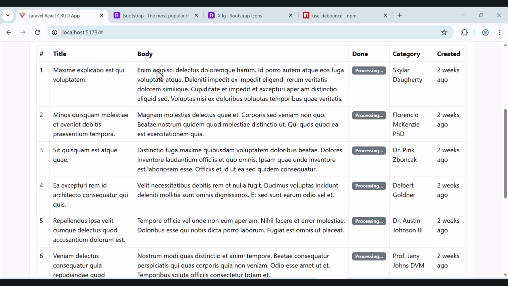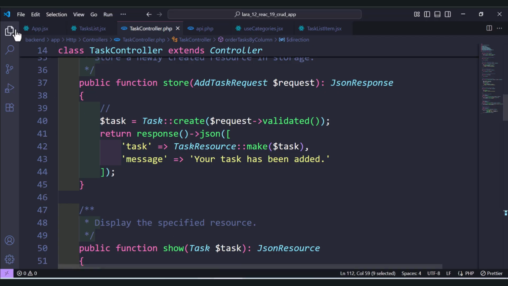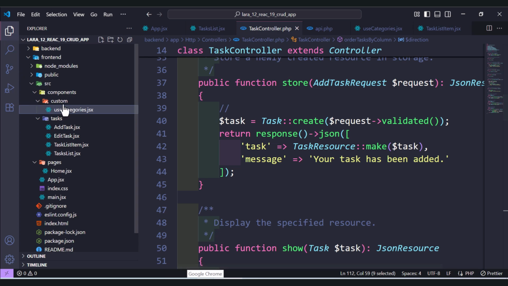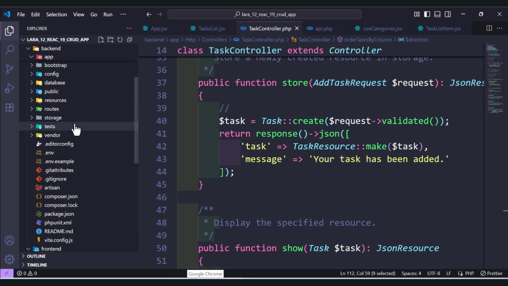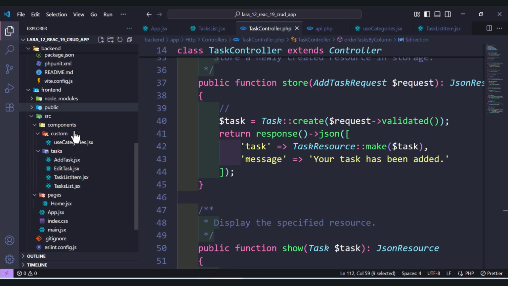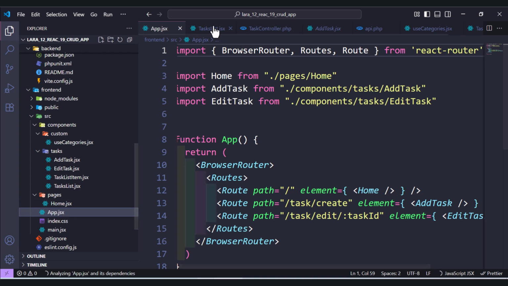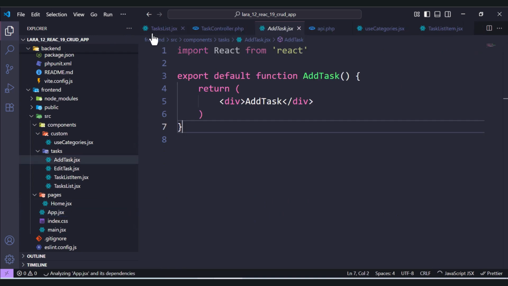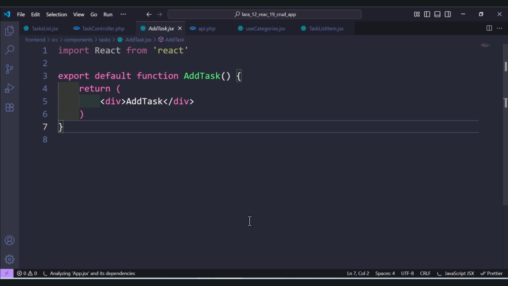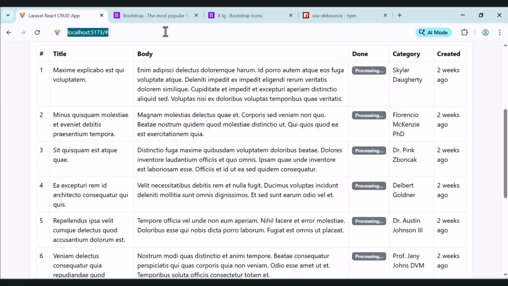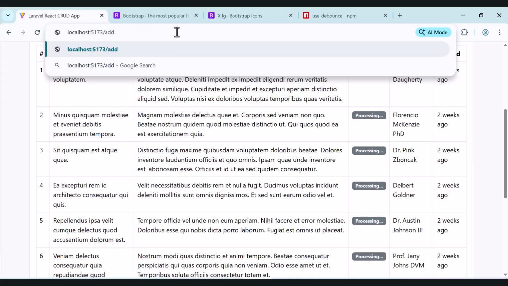So let's first create a new component. Let's move to our, or it's already here. So you have already added the add task, which is this one. Let's see the routes. So you have added the routes. Okay, so we have our components. It's already here. So let's move to add task